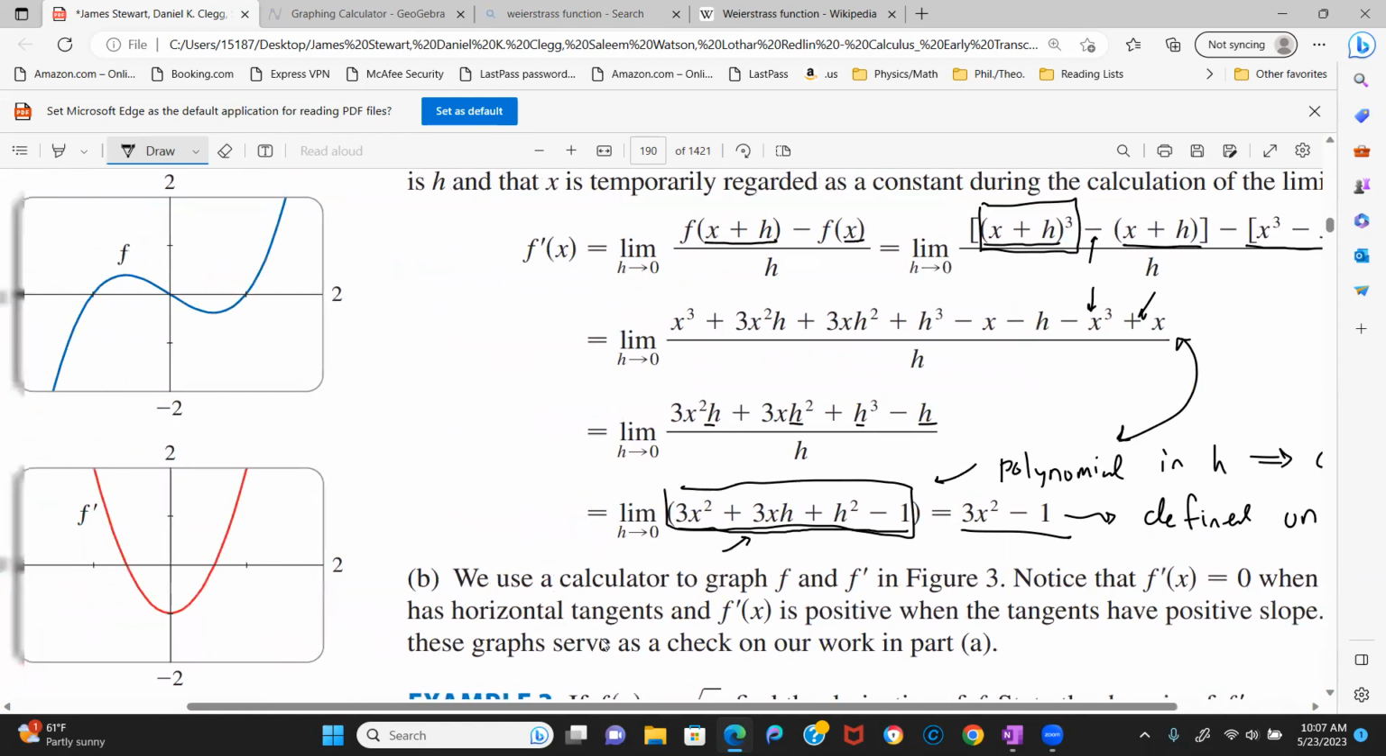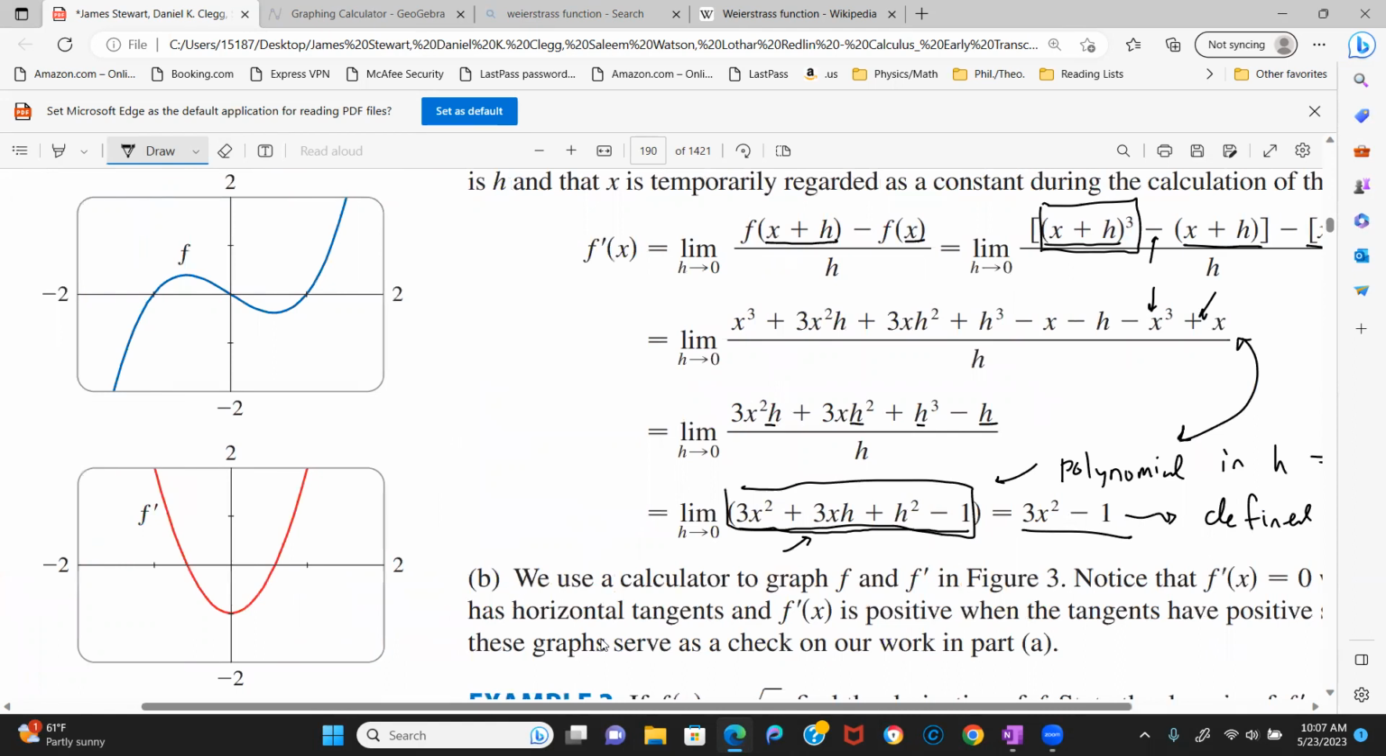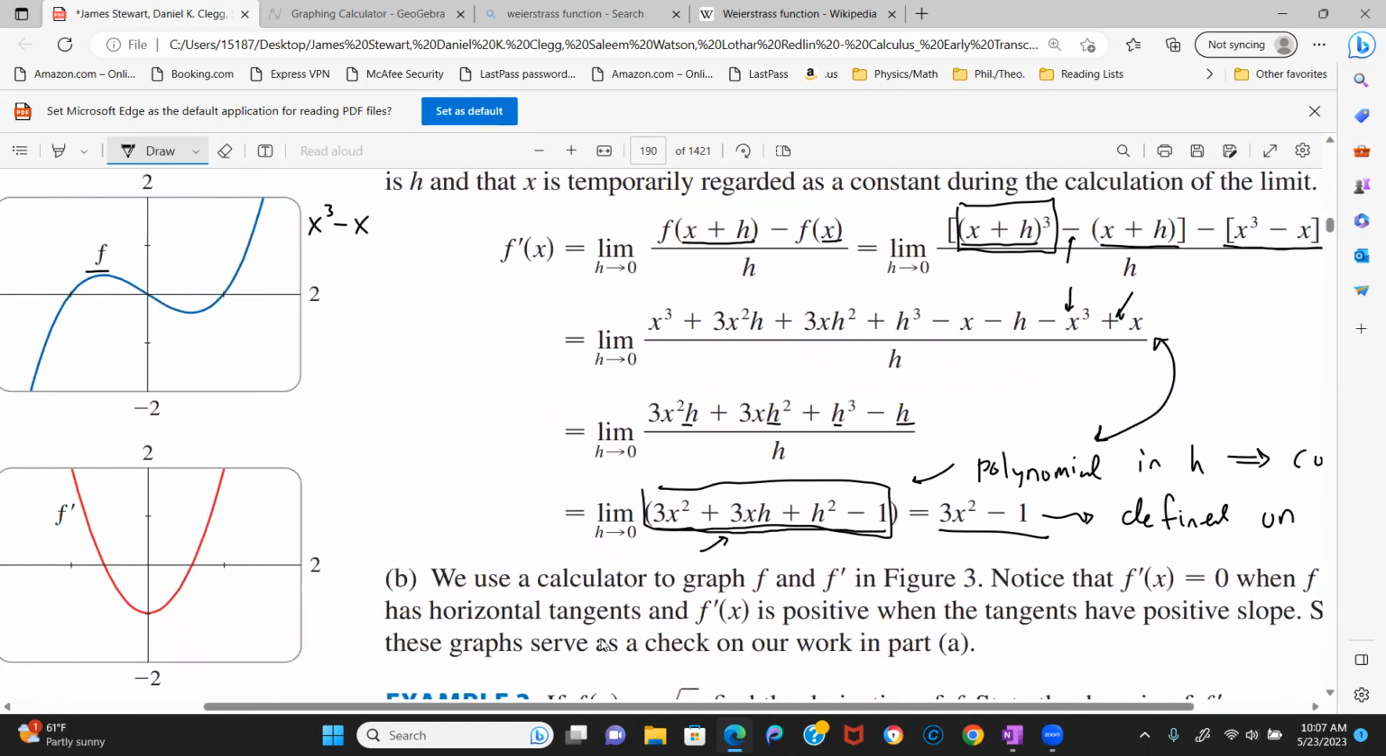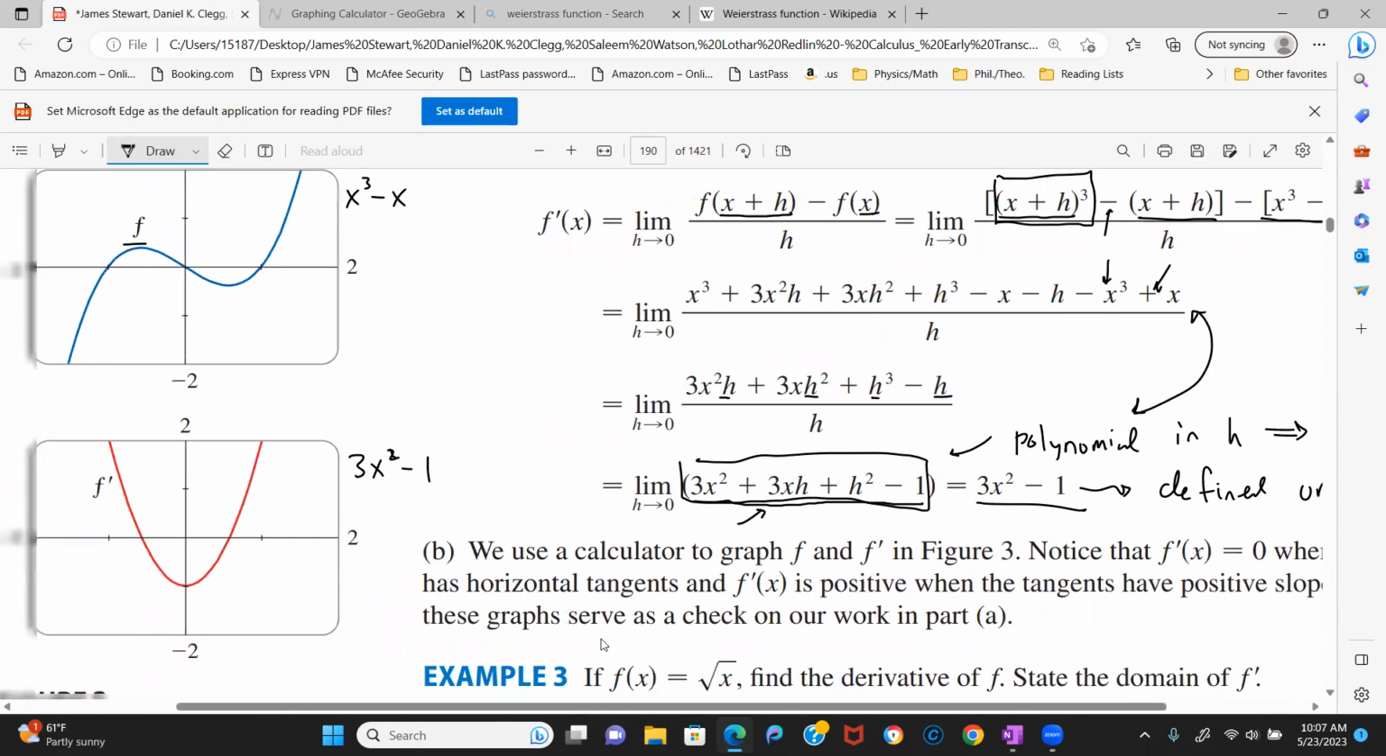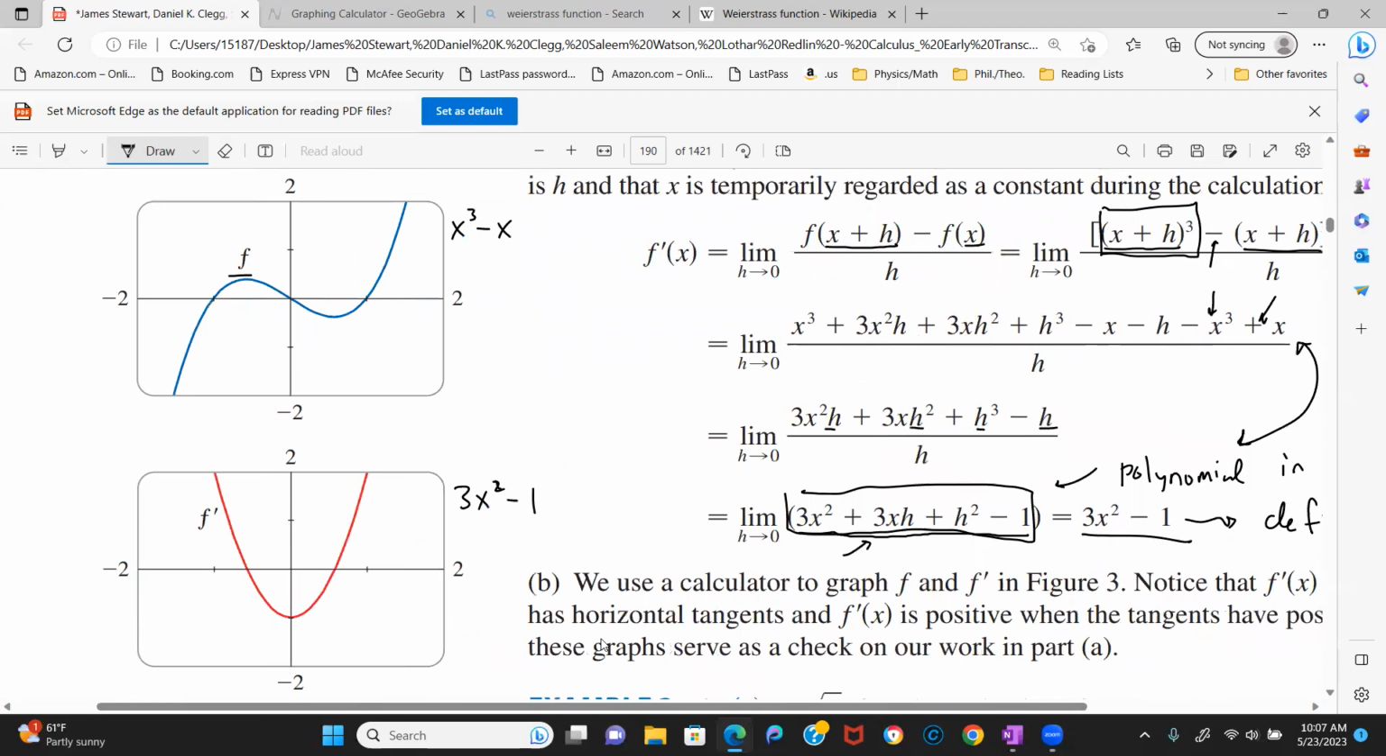All right, so here they give a graph. This is the graph of the original function, x cubed minus x, and then we have the derivative, which is 3x squared minus 1. So let's first of all, before we compare these graphs,